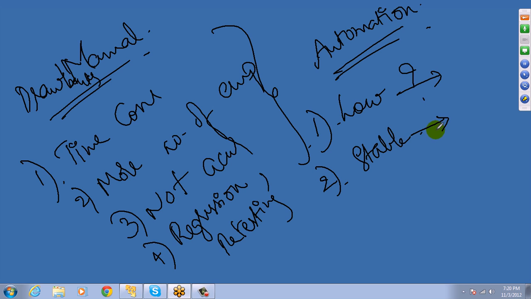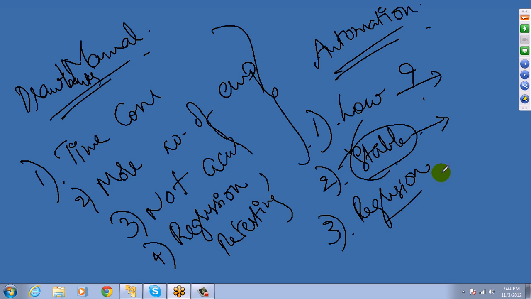Stable means all the requirements are feasible. Once manual testing is done on the application and the requirements are completely frozen, then you go for automation. That is what is called, when the application is stable, then one can go for automation. Then whenever regression testing is required, then also you can choose automation. And also